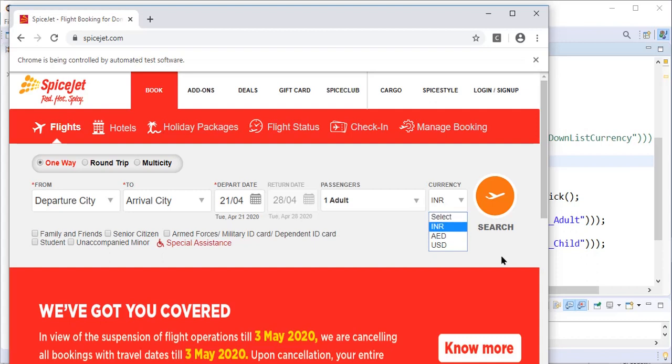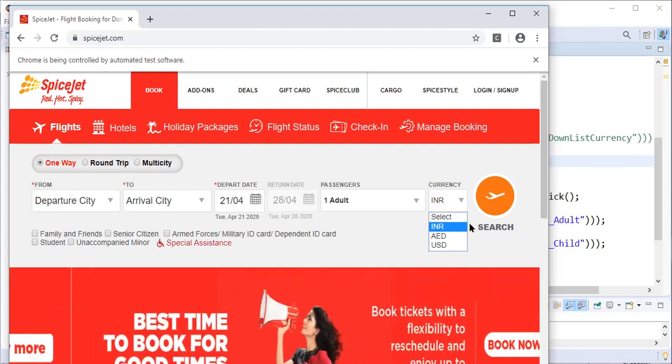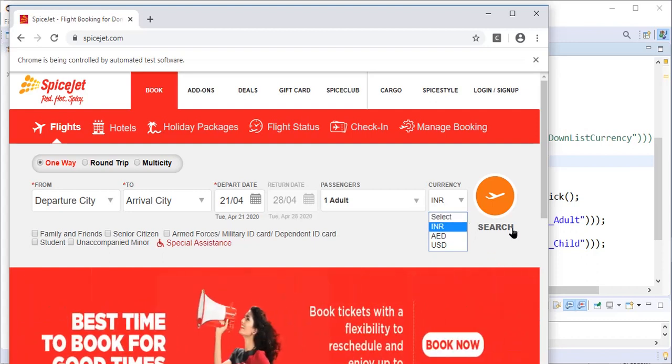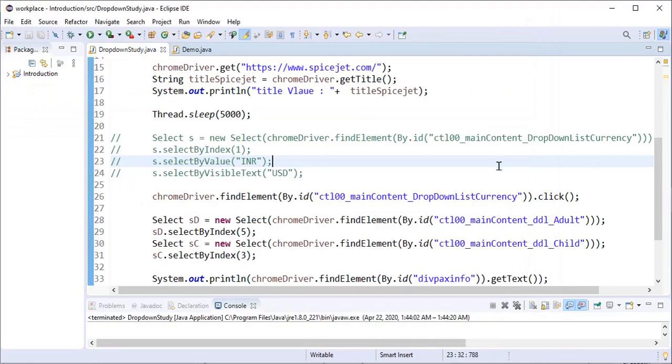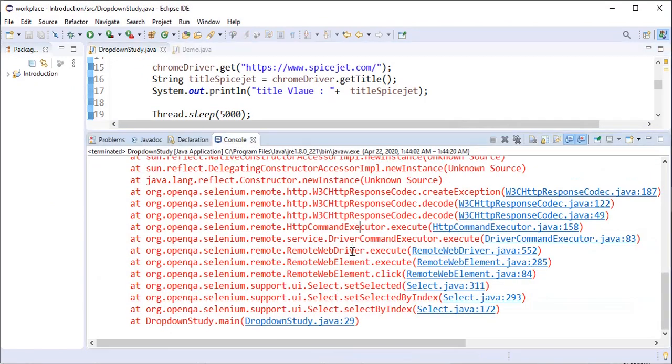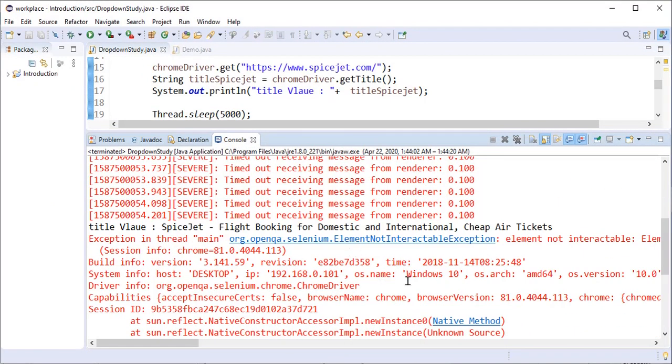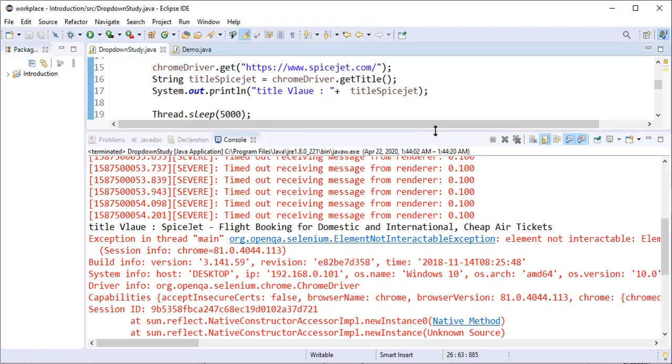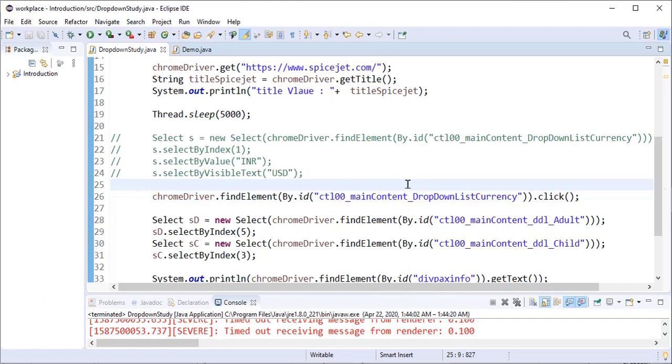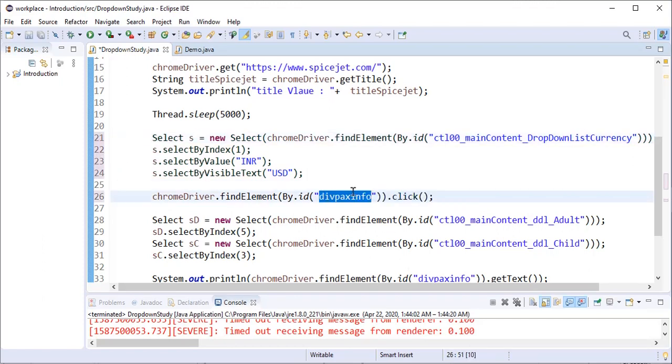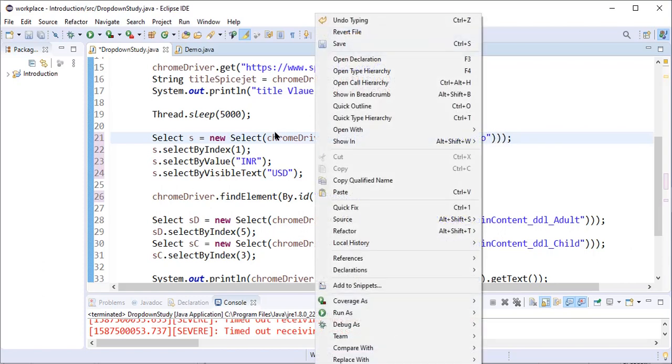But what we did is we selected a different value, this drop down over here. So we are getting the same error. The intended exception we are not getting. Therefore I will undo, and use this div for the select class.